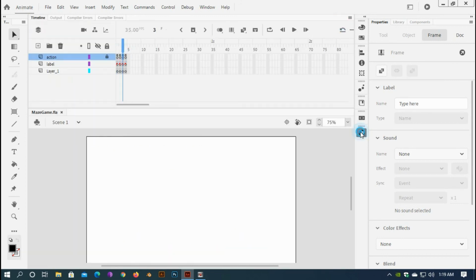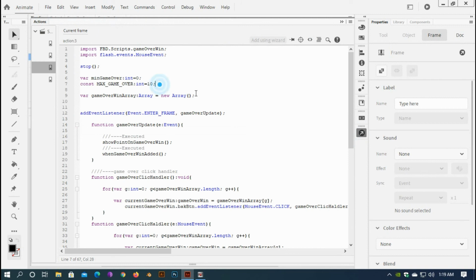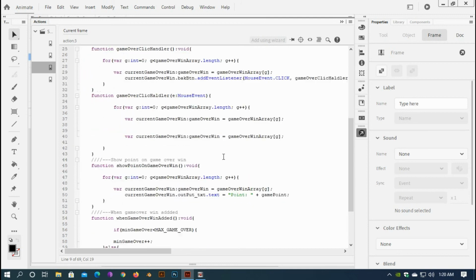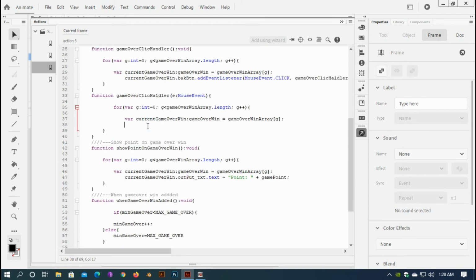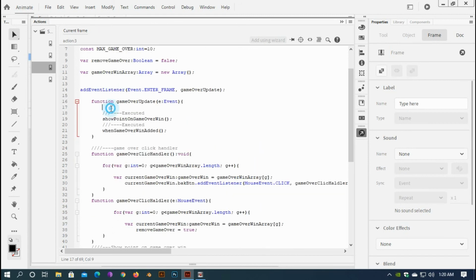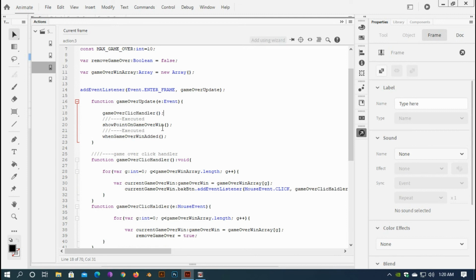So here I'll make var remove game over colon boolean equal to false, and when I click here, remove game over equal to true, and this time no mistake, copy this and paste it on enter frame